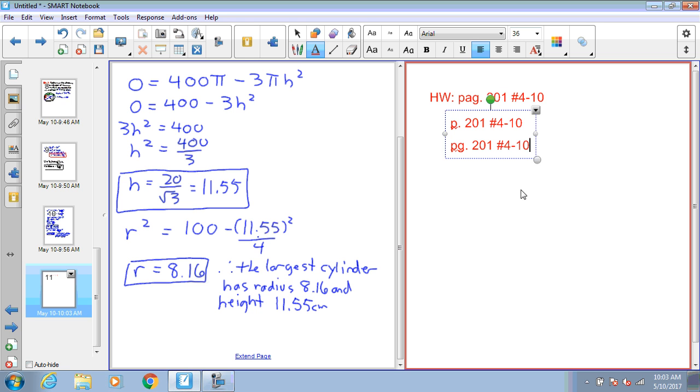They're all the same. Whatever way you like to read it as, you can read it. Okay. So what I'm going to do is I'm going to write my